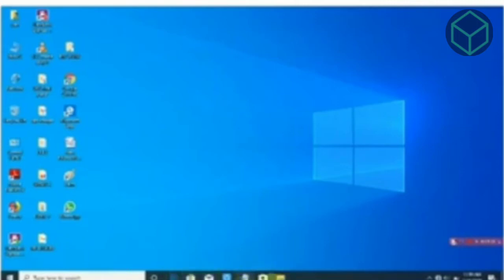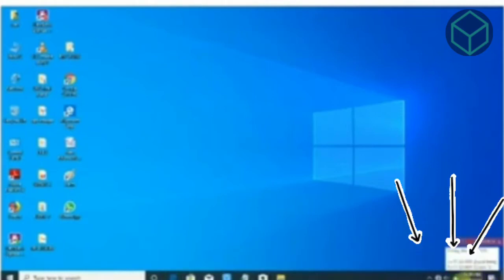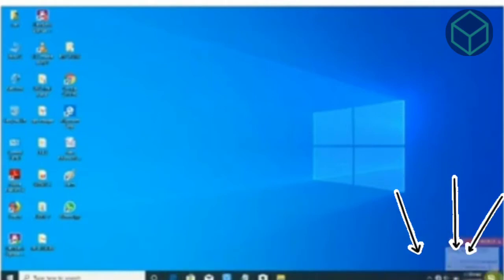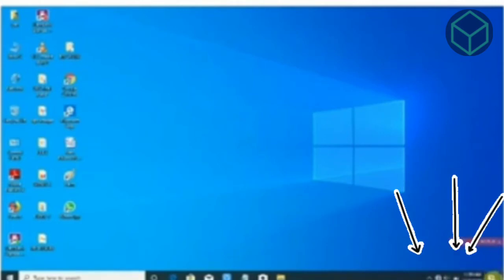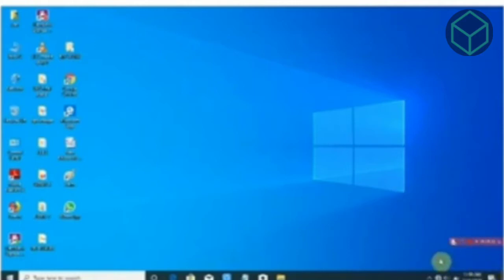Next is the date time area, and this is a notification bar where we will get the notification of whatever we have done or what task is completed by our computer, it will be shown here.